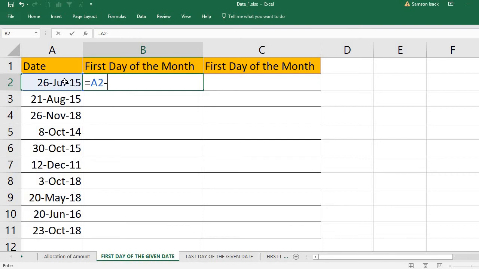I minus off all the days in the date. If I minus off all the days in the date, it will automatically go to the last month, last day. So how can I minus off all the days? I just minus off the day part of this date. Then what will happen? I minus off all the days in that month. Logically it will go to the last month, last day. You can see it here, 30th June of